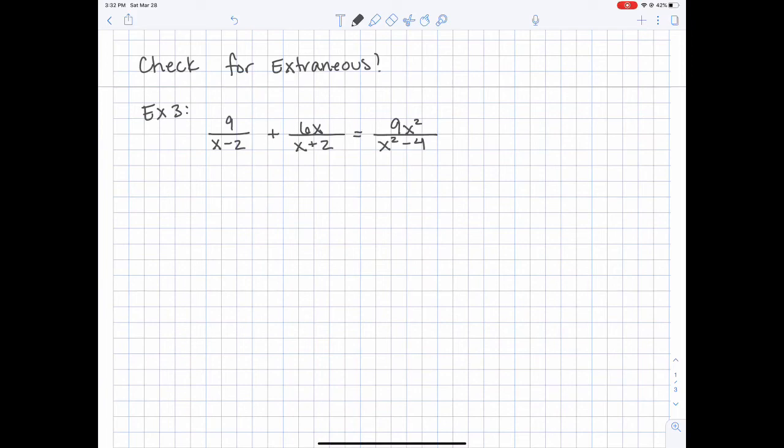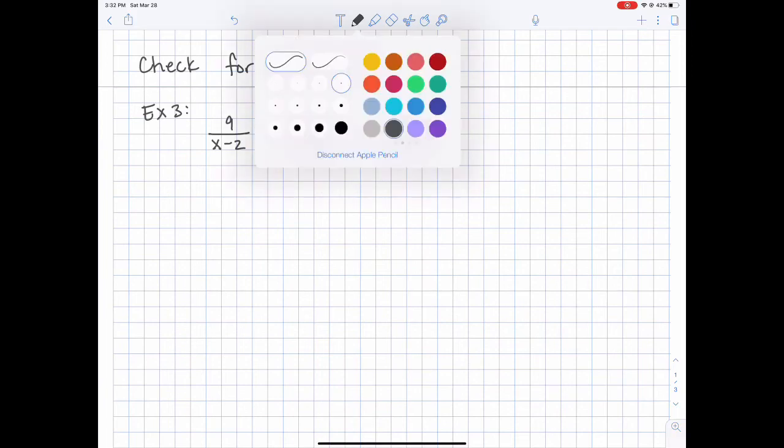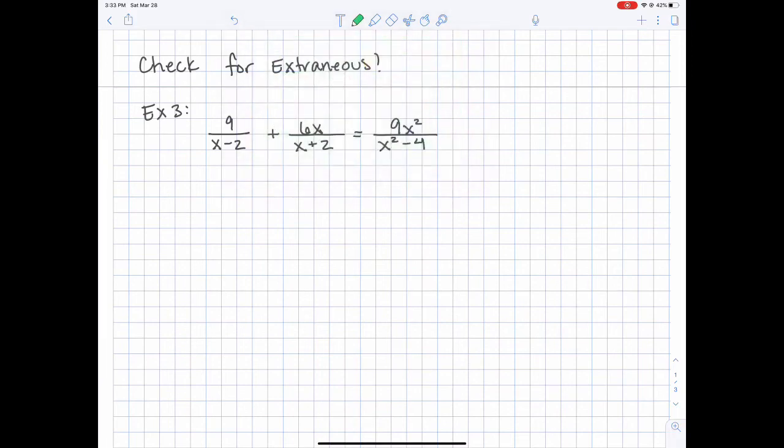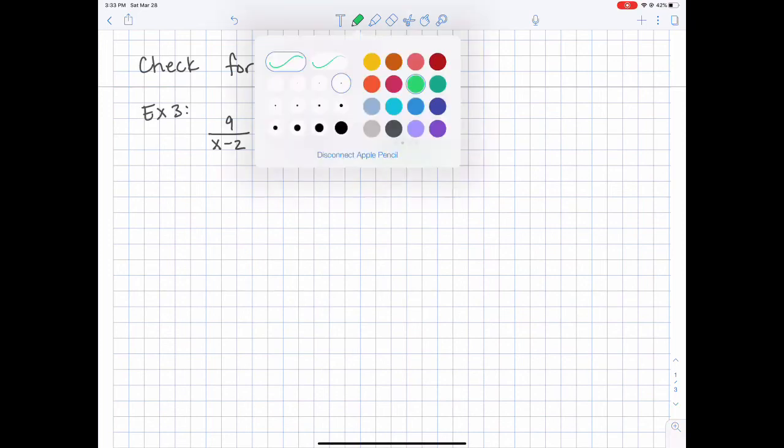Now, before we start this one, it's always a good idea to check to see if any of your denominators can be factored. And hopefully you saw down here that this one actually is a ding-dong, or a difference of squares, and it can be factored into x minus 2, x plus 2,